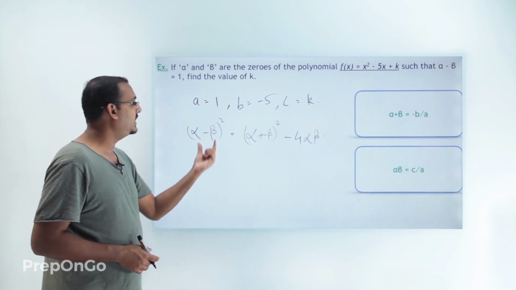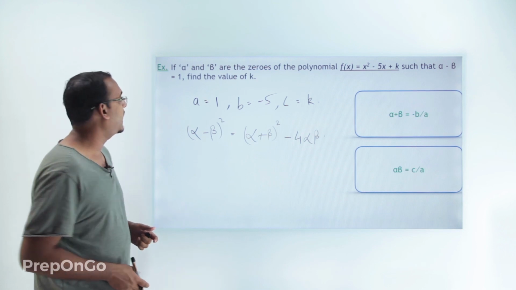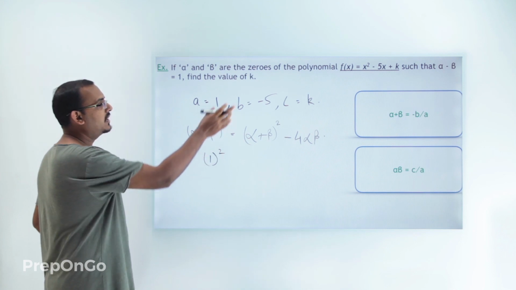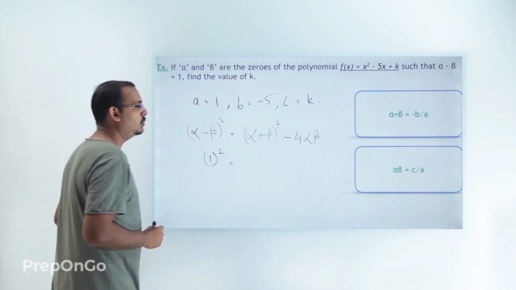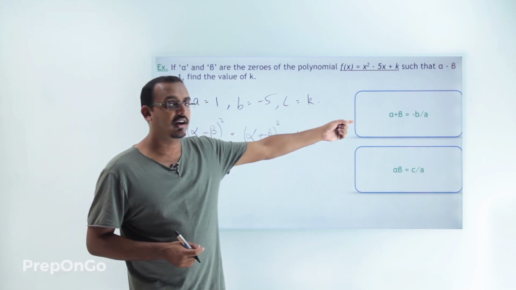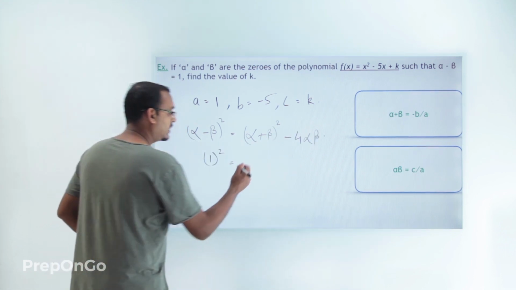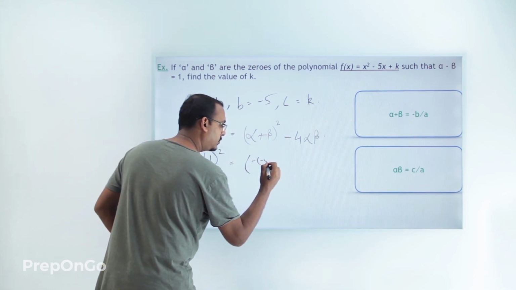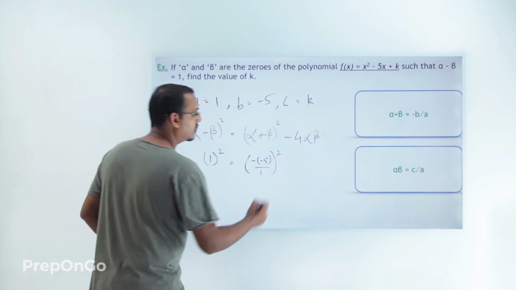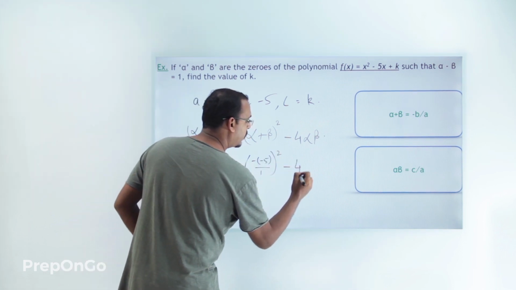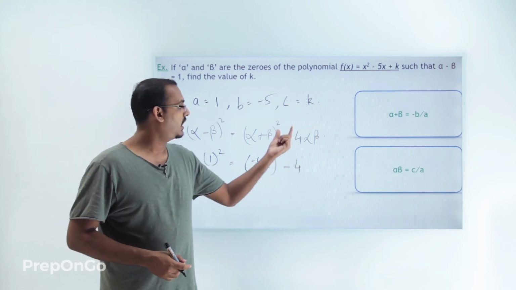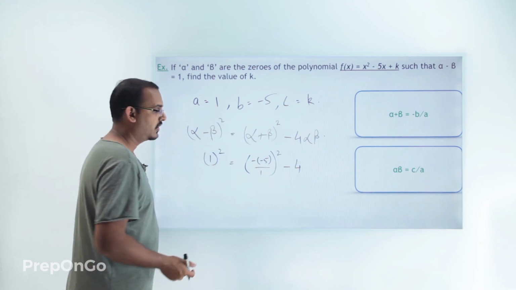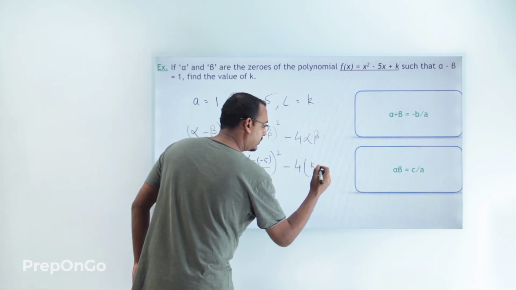So the value of alpha minus beta has been given to us in the question as 1. So here we can write 1 square, in place of alpha minus beta, is equal to the value of alpha plus beta, which is minus b upon a. So we can write the value of alpha plus beta as minus b upon a, which is minus 5 upon 1 whole square, minus 4 times alpha beta. So alpha beta is c upon a. So the value c upon a is k. So we can write 4 times k upon 1,